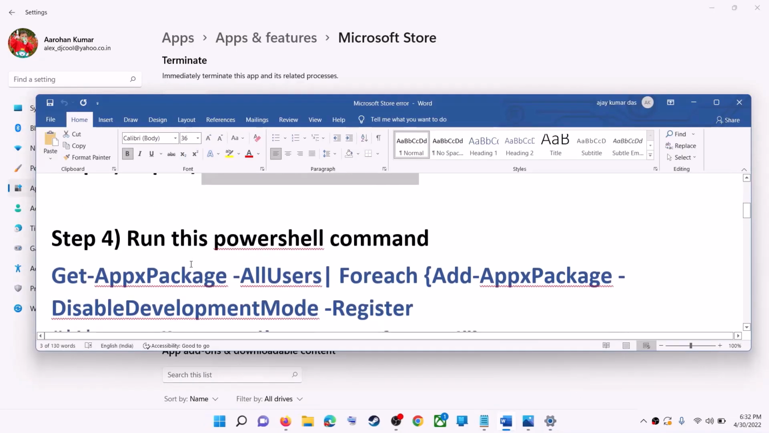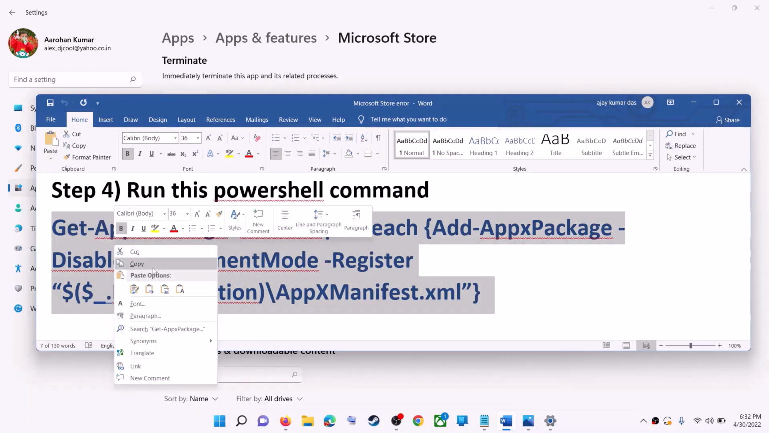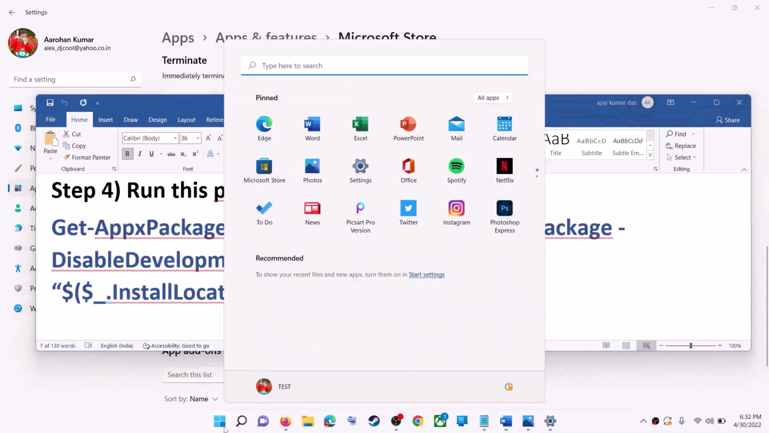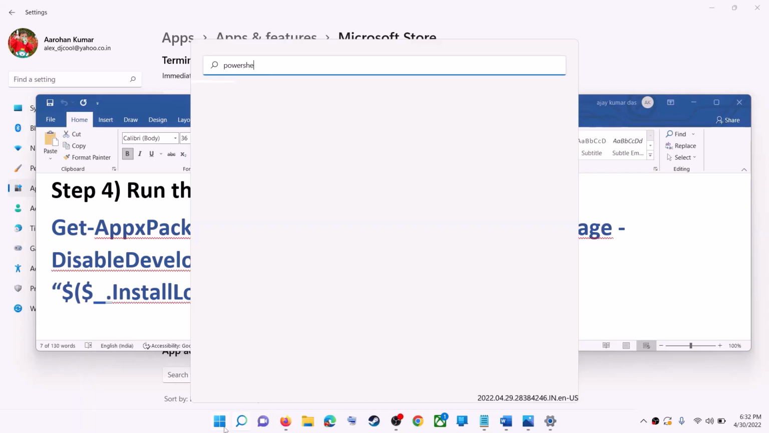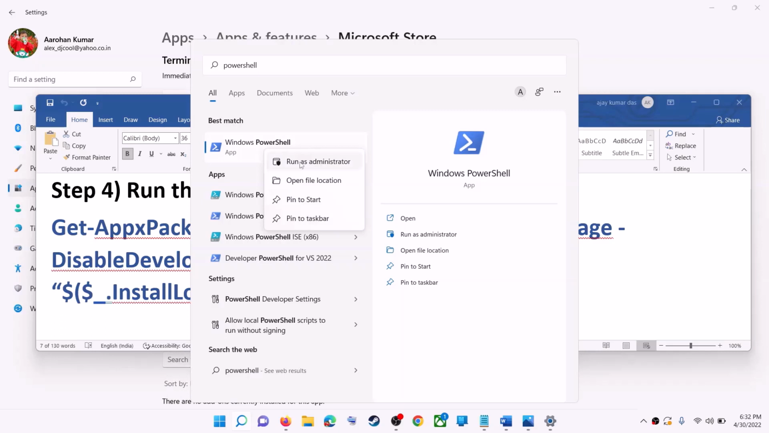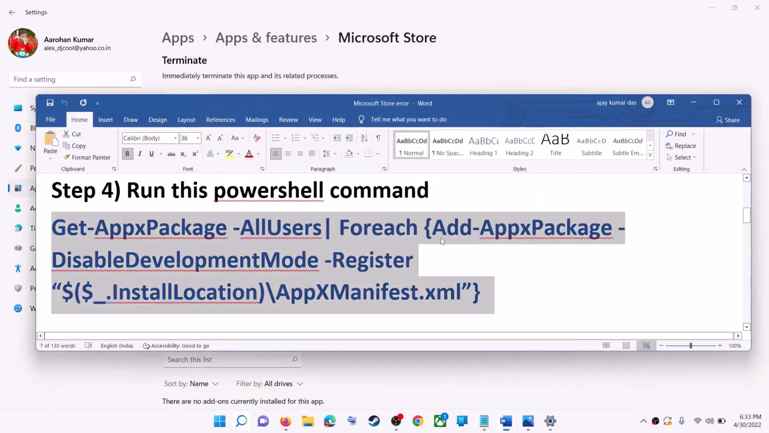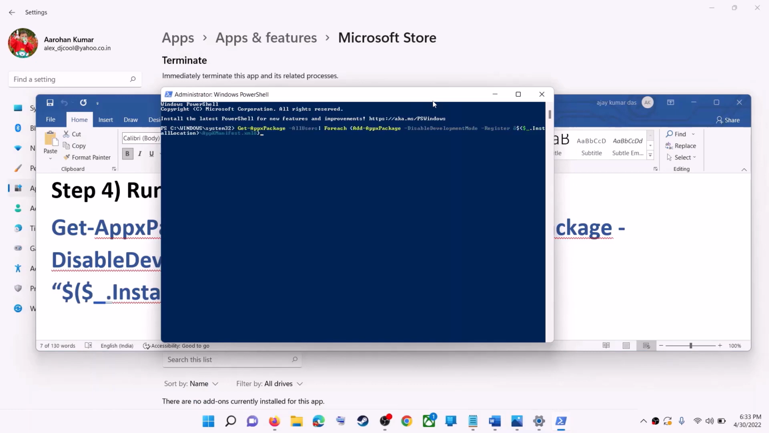But still you're receiving the error message, then run this command. This command is provided in the video description, so copy it. Now type in PowerShell in Windows search box and then make a right click on Windows PowerShell and then click on run as administrator. Make sure that you're opening PowerShell as an administrator. Click on yes to allow. Now paste the command over here, hit the enter key